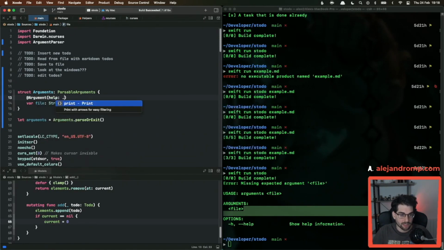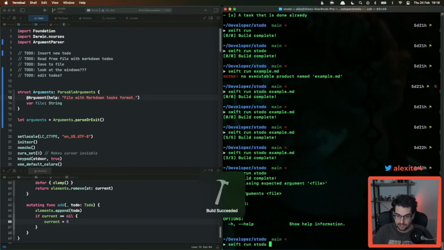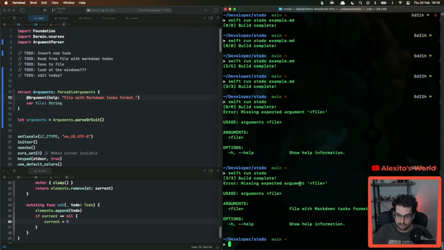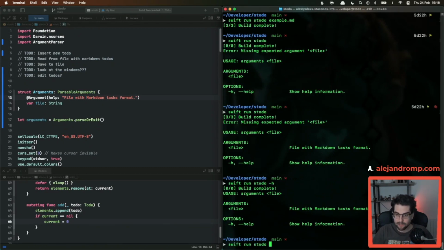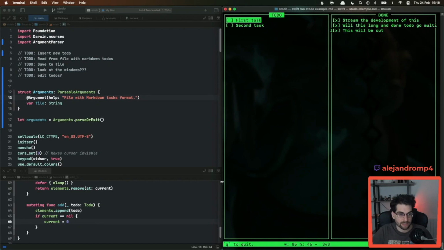And if I'm not mistaken, you can just say file with markdown task format. Okay, let's compile this. So if we try this now, we see how the message is part of the help for this. Okay, and you can also trigger this just by saying help. It's the same thing. Okay, but if we just pass the example MD,